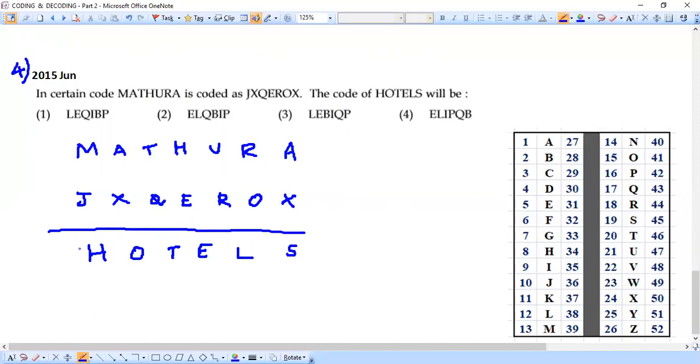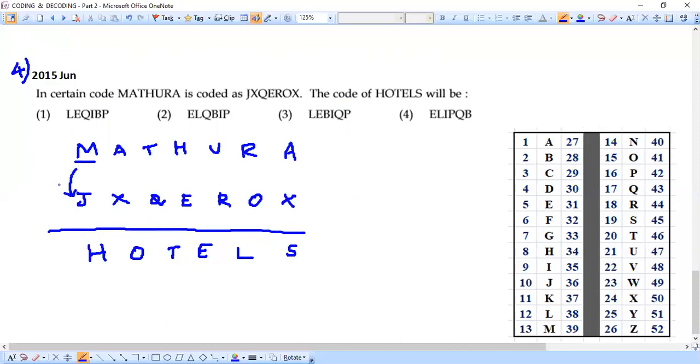Yes, we go as usual. We start from what is given. We are given the word Mathura. If you see the letters we have in the code, we can very easily say they have used a completely different set of letters. So that means they have done something with traveling. Almost like the first three previous questions we solved, this is also the same kind. We need to travel only. Fine. Yeah, we'll do it letter by letter.